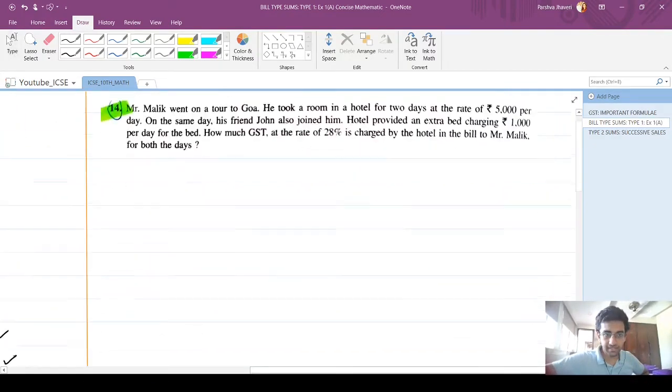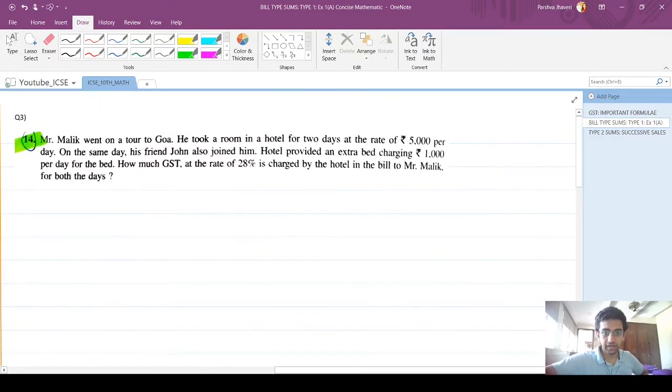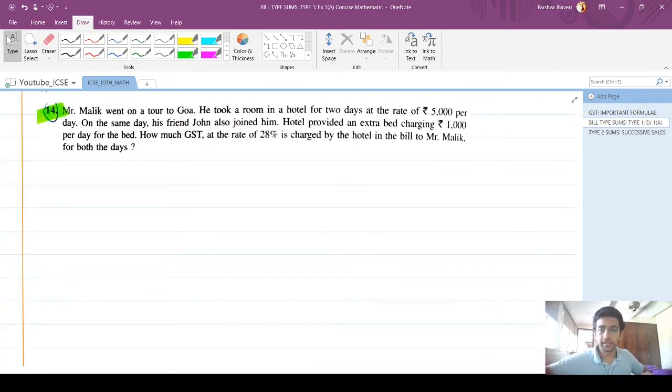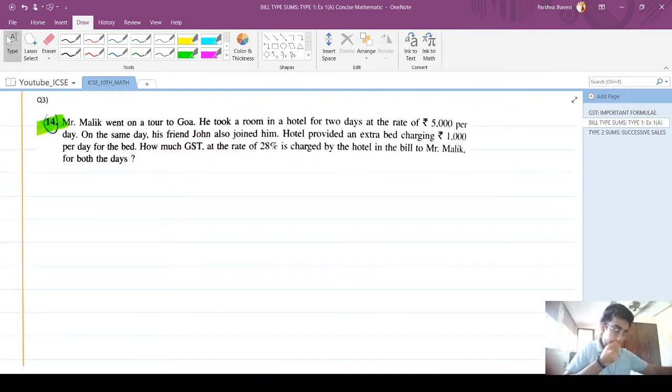Very fun sum. This is much easier, in fact. Okay, just you need to read the sum properly. Remember, ICSE, please pay attention to the question and they'll try to trick you with the wording, something like this. Okay, I'll give you an example. I'm highlighting the tricky words, all underlined in green color. Let's look at it now.